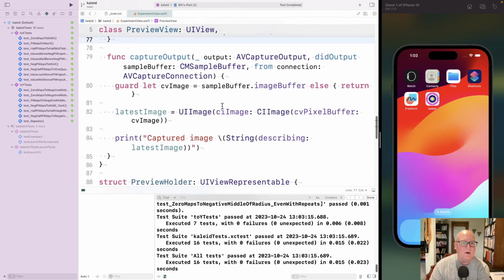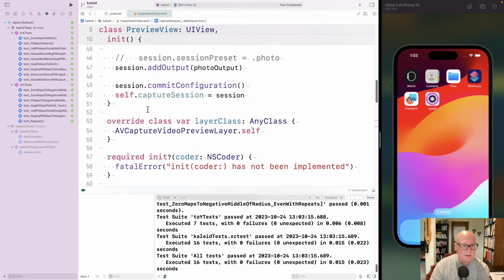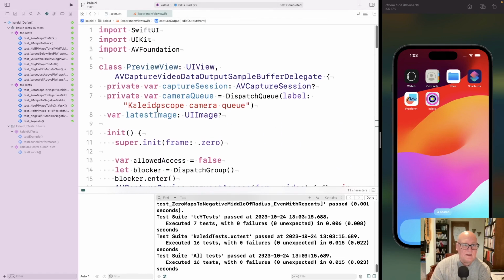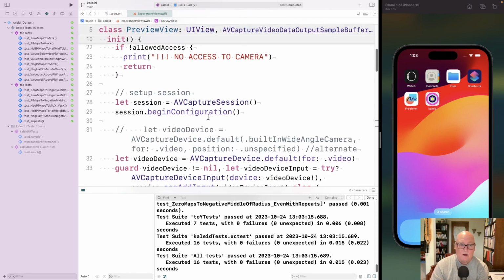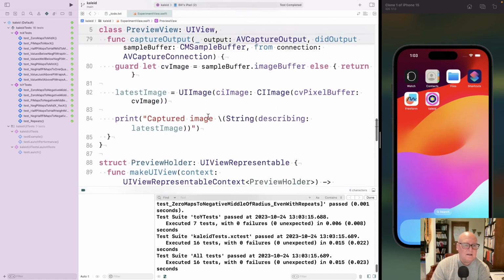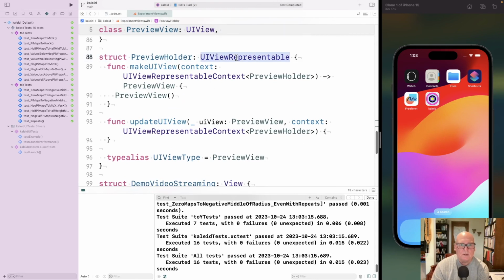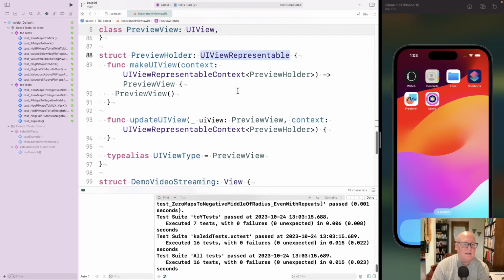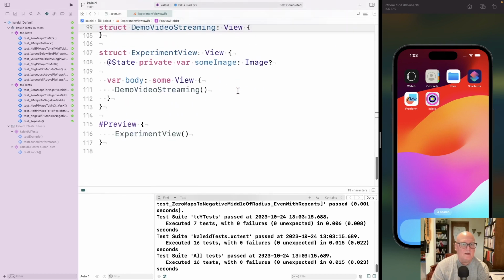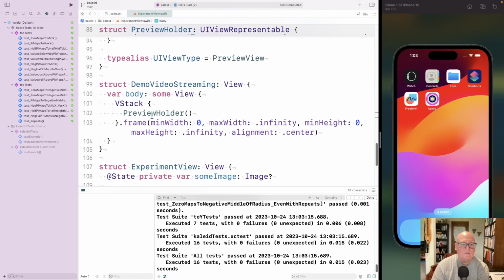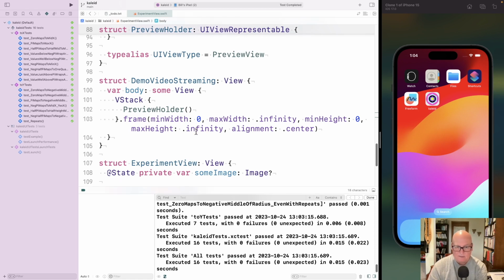All right, so I've got latest image. I put it up here, but this class, I think, is basically a UI view. So it's the old UIKit kind of stuff wrapped inside a representable, which lets SwiftUI hold on to it. And then this holder, we put that in a class here. So I think what I want to do,